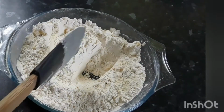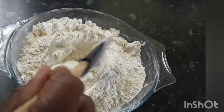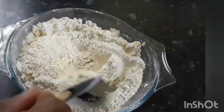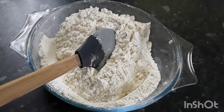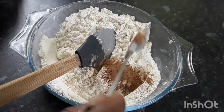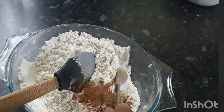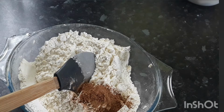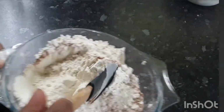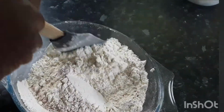Now that we've mixed our cornmeal and flour together, we are going to add some cinnamon and baking powder. So we add our baking powder. Now our salt, 1 teaspoonful of cinnamon, and now we're going to add our cinnamon powder and nutmeg. So that's 1/4 teaspoonful of nutmeg. As we mix all the dry ingredients, flour, cornmeal, cinnamon, nutmeg, and baking powder together,